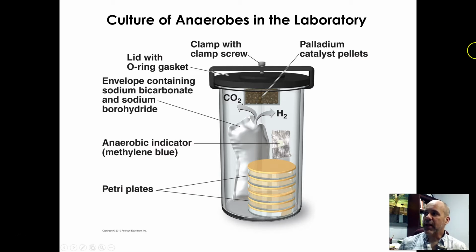So if you want to grow an anaerobe in the laboratory, a lot of times they're grown in a gas pack like this. Here are some Petri dishes, some cultures that are placed in the pack. You've got a tight seal lid that has an O-ring gasket on it, so it prevents O2 from getting in there. And there's a gas pack in here that emits gases, usually carbon dioxide and hydrogen gas as well. And you've got these palladium catalyst pellets over here that react with any O2 in there and limit the oxygen gas that's available. So that creates an anaerobic environment.